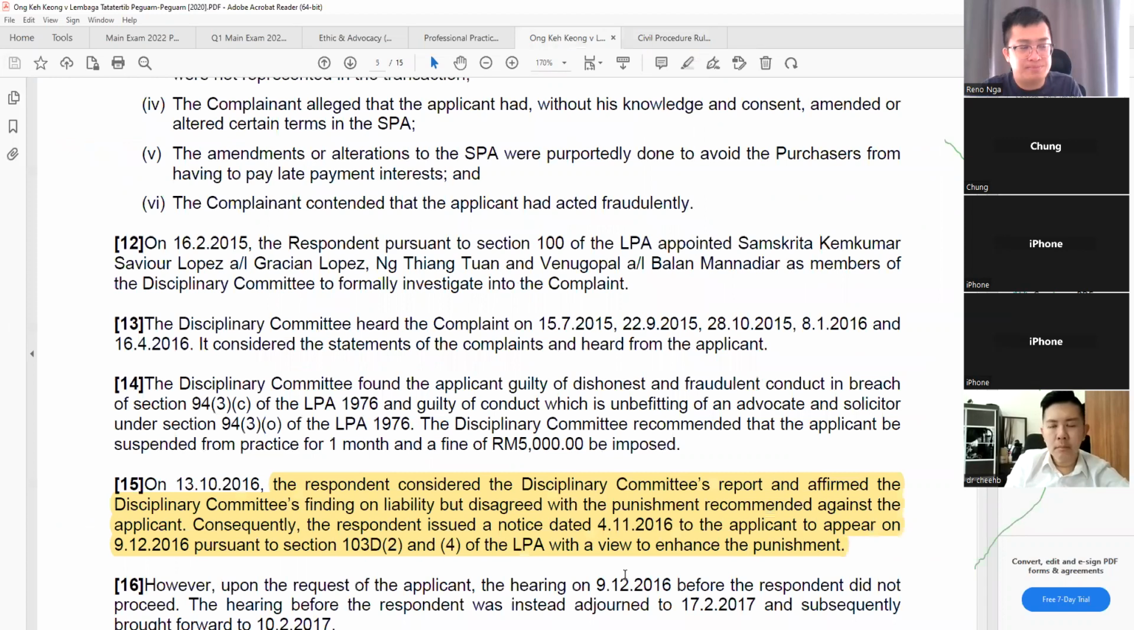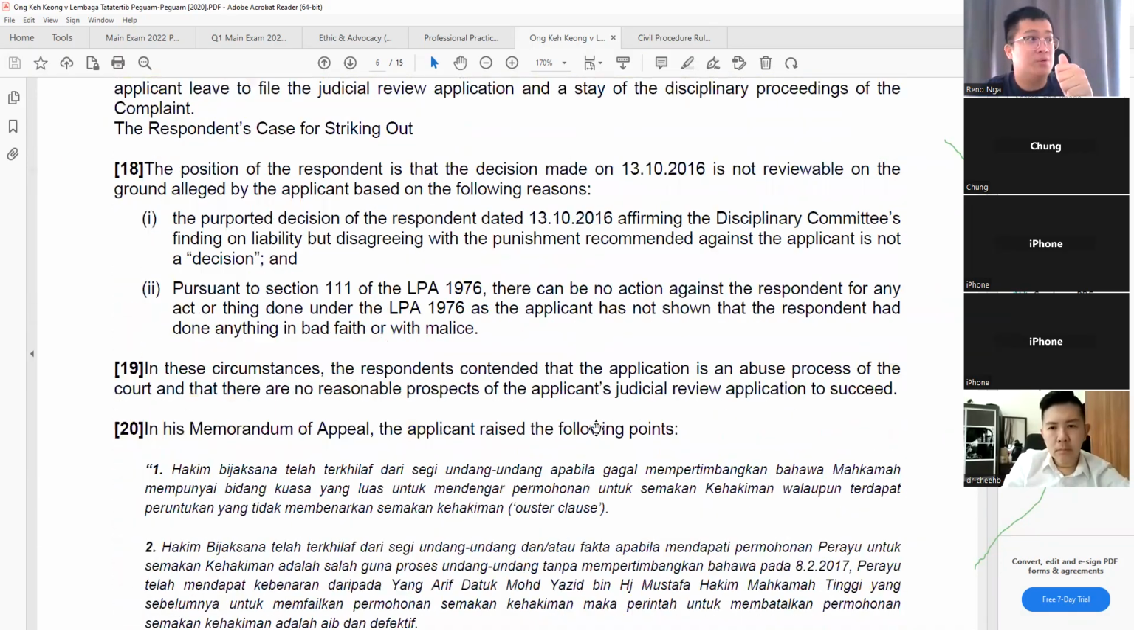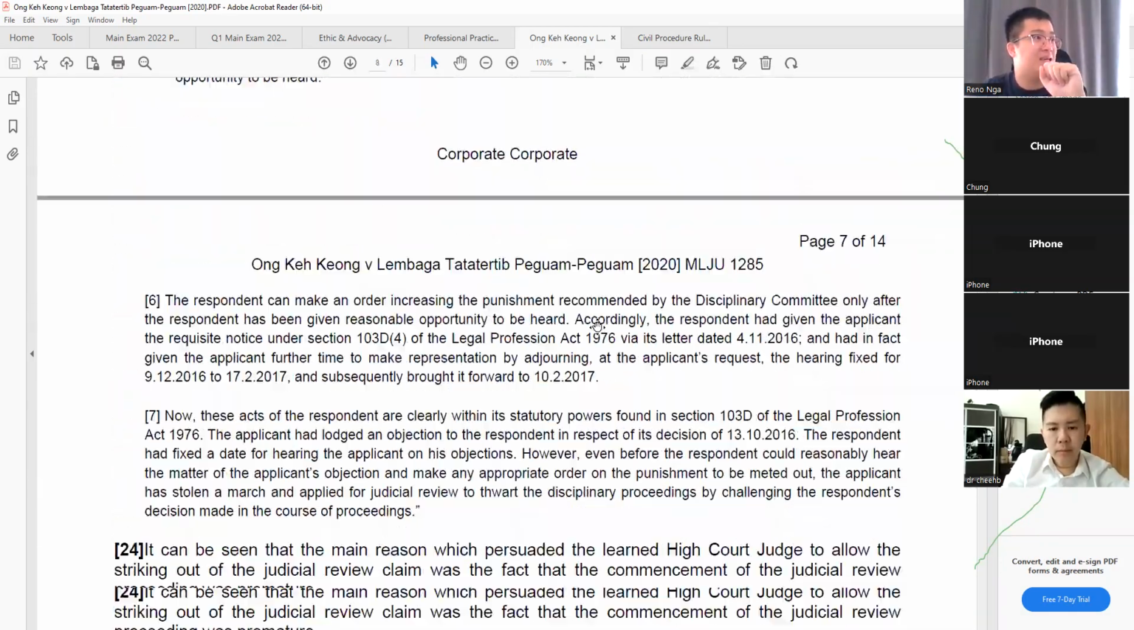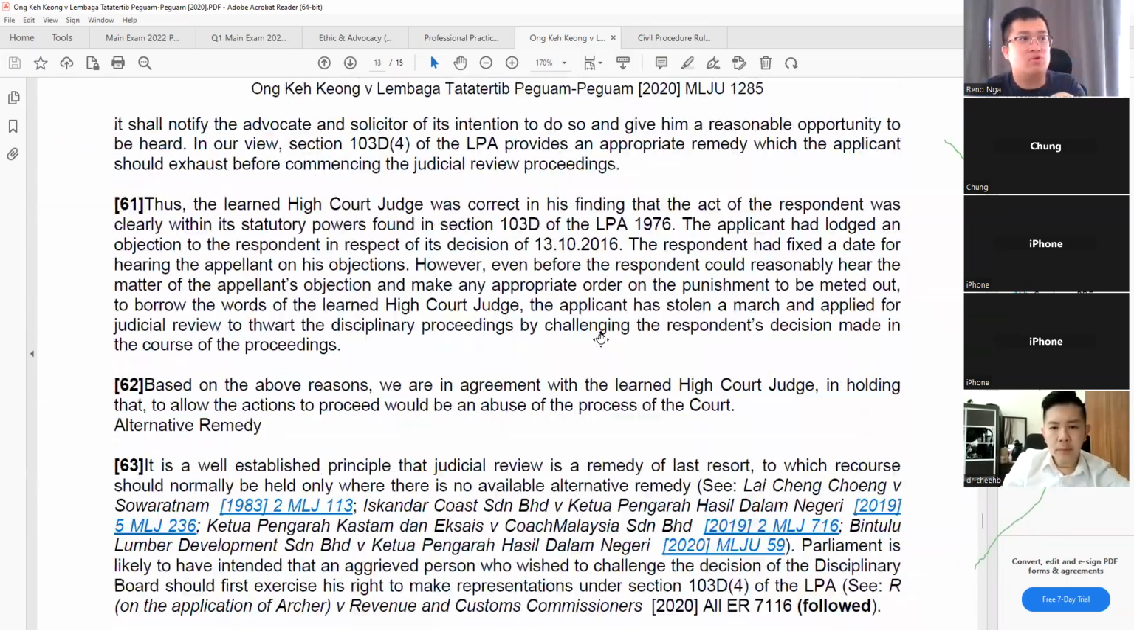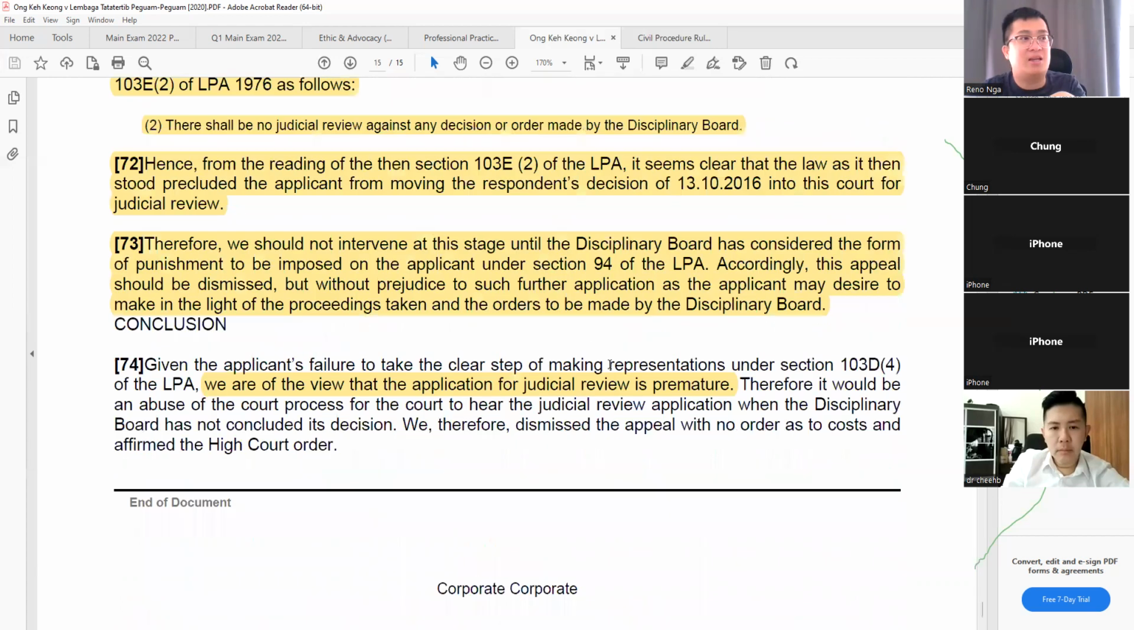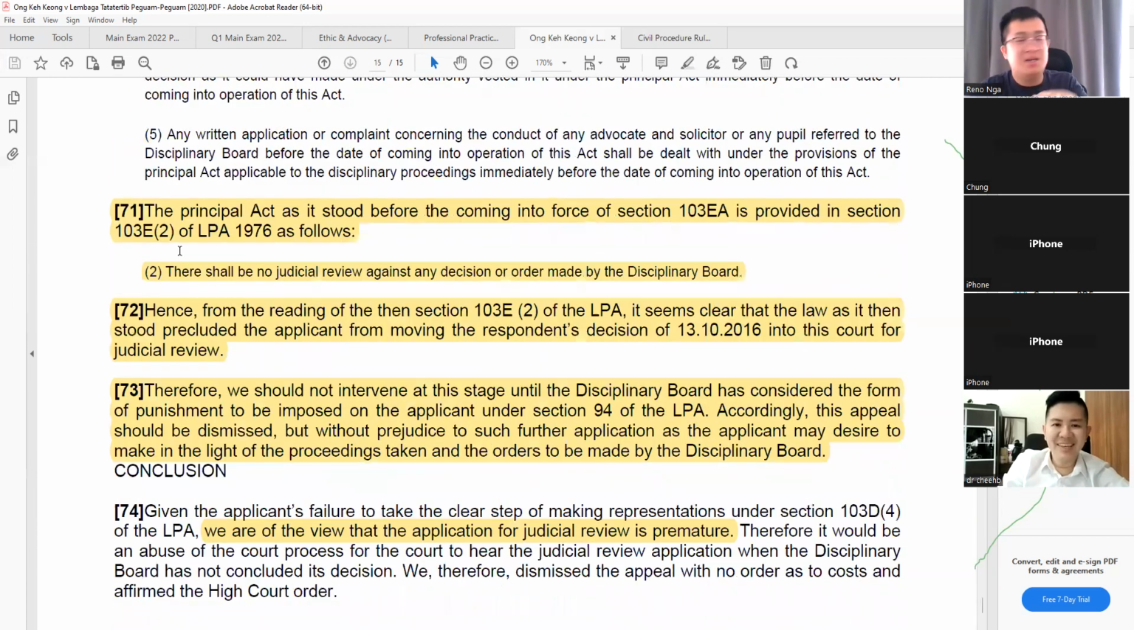So similarly, the disciplinary board, the boss, actually haven't come to any conclusion yet to say what kind of punishment they want to impose. But then this Ong Keng Kyong already went and filed judicial review. So what the court said in this case, I should jump to the conclusion, because I believe not everybody likes to read judgments, right? Okay, one thing I think is very interesting to highlight, actually, if you flick to 103 EA,